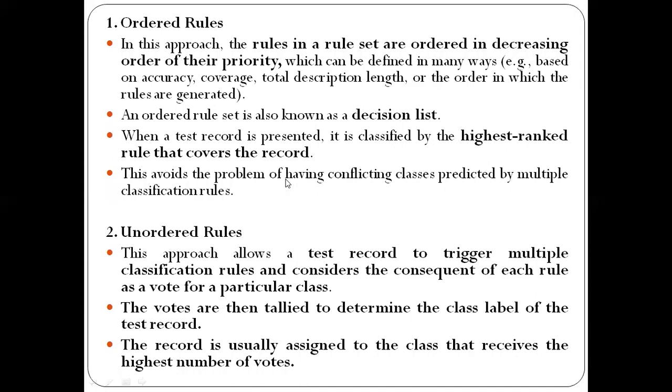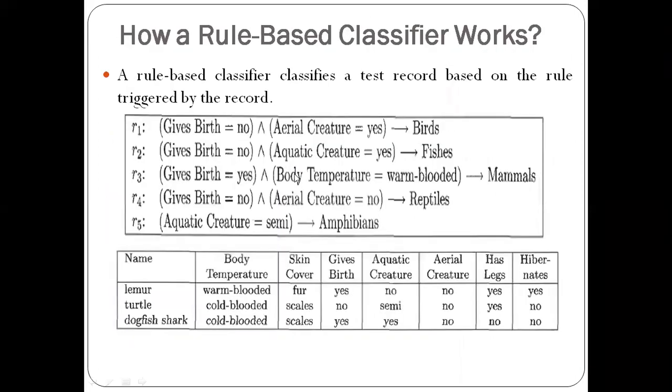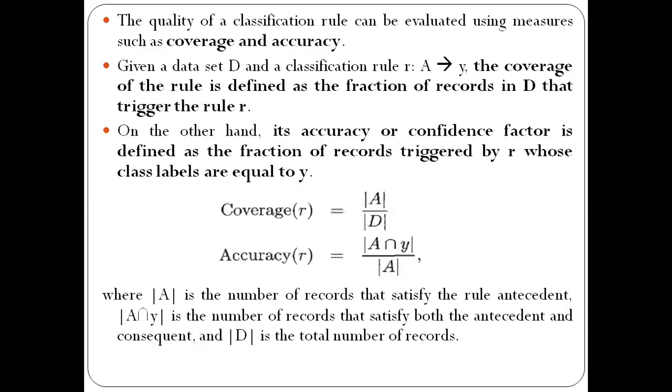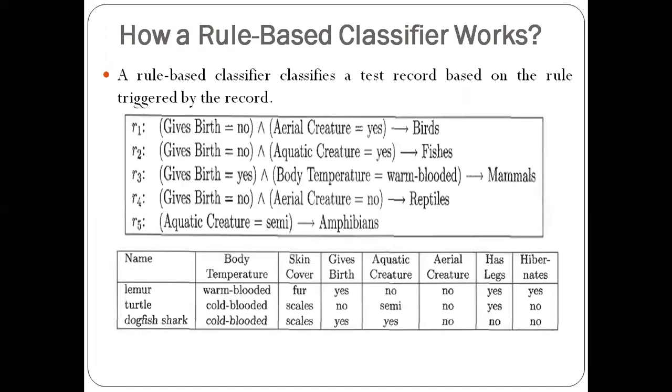In the last class, we were discussing the rule-based classifier. A rule-based classifier is a classifier that performs classification of test records using if-then rules. As I explained in the last class, we also saw the metrics we can use to measure the performance of a rule-based classifier, and how this classifier works.